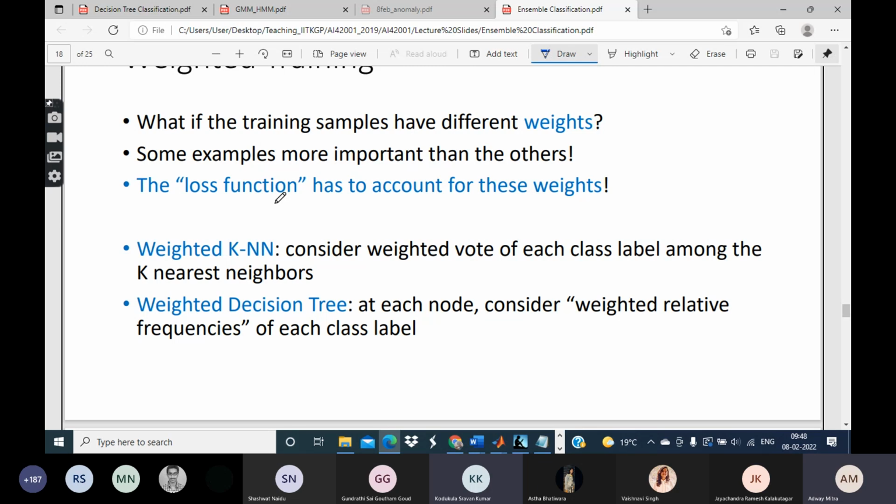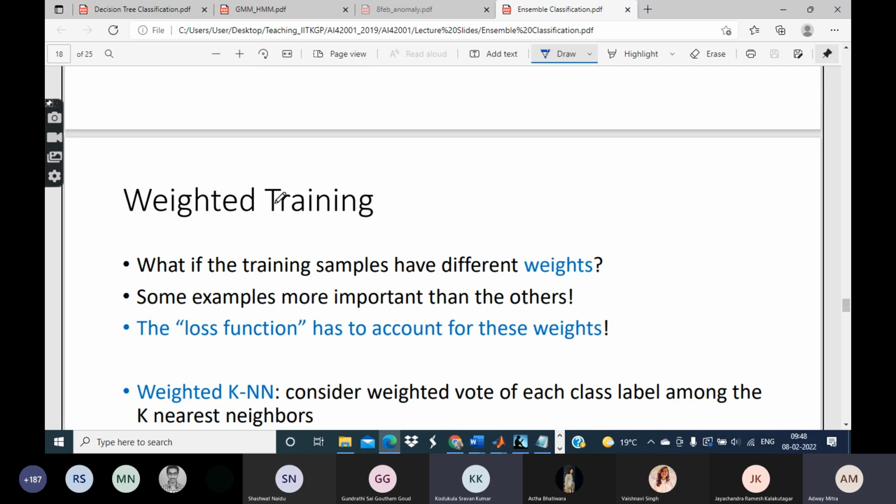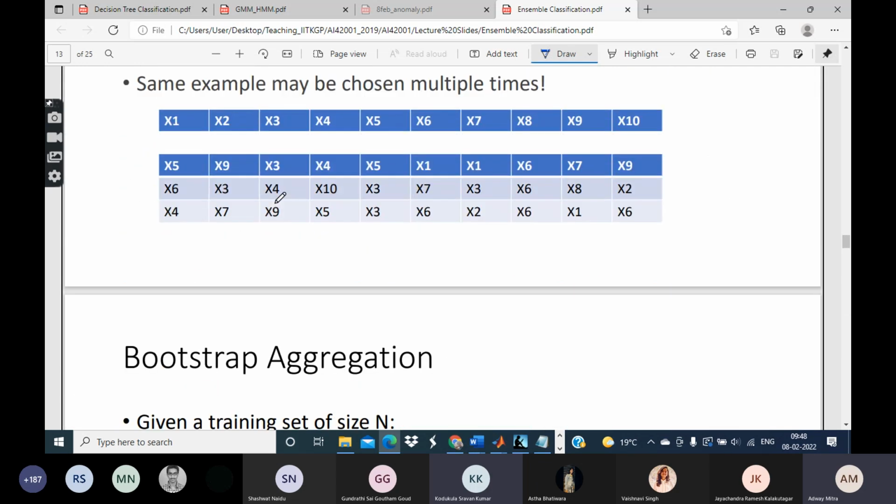So the classification algorithm which I am constructing will learn to avoid making mistakes on those examples. It will become an expert in predicting those examples. Even if it makes mistakes on other examples, on those examples which are repeated several times, it will not make any mistakes. That's the whole idea of bagging. If I train a classifier on this data set, it is almost certain that it will not make any mistake for